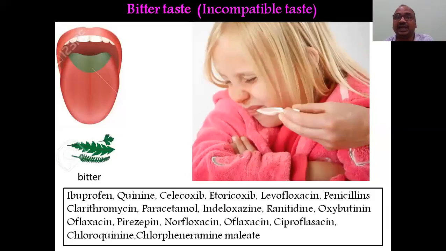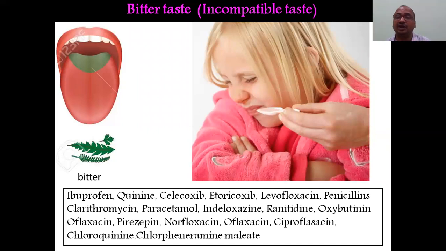The last one is the bitter area. That is this area, bitter taste. Most of the drugs are bitter in taste, just like a neem leaf. This is the area on the tongue that mainly senses the bitter taste. So children will not take these types of tonics or syrups, whether children's syrup, cough syrup, oral drops, or chewable tablets. They cannot take them comfortably, so they will throw the medicine away and the disease will not be cured.